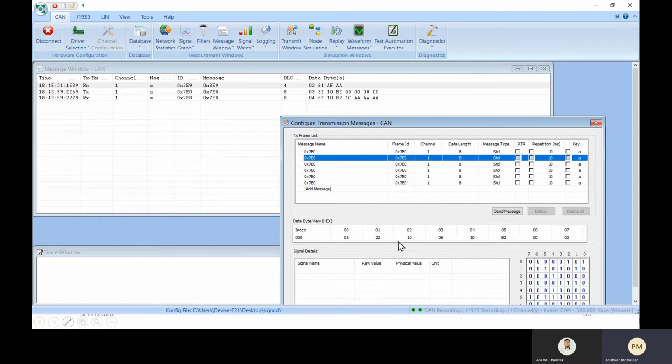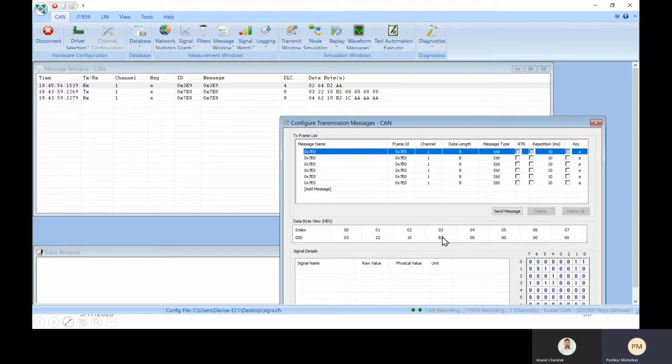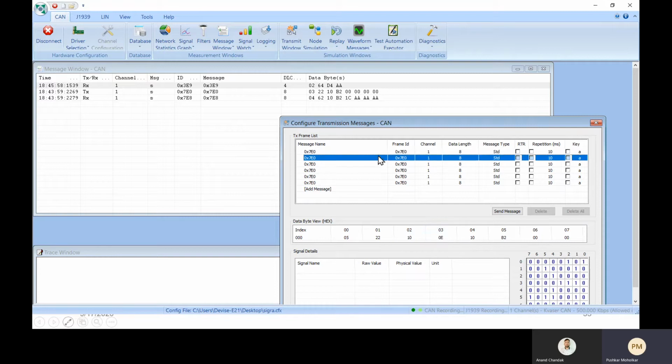Similarly, we can query information for the battery voltage of the vehicle. In this case, we would be querying two data identifiers in a single frame. So 05 tells the ECU that there are 5 data bytes following this byte. 0x22 is the service identifier. 0x100E is the data identifier for battery voltage, and 0x10B2 is the data identifier for ambient temperature, as we have seen in the previous query.